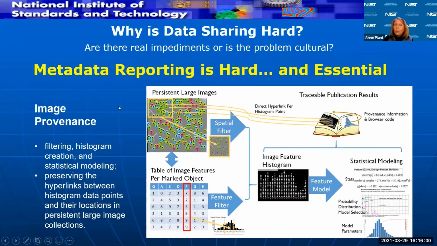And one of the things that they're very good at is developing ways of keeping provenance data for imaging. And this is a real challenge, of course, right? Because you've got a lot of pre-processing of an image, maybe flat field correction and maybe some background subtraction and maybe some filtering.